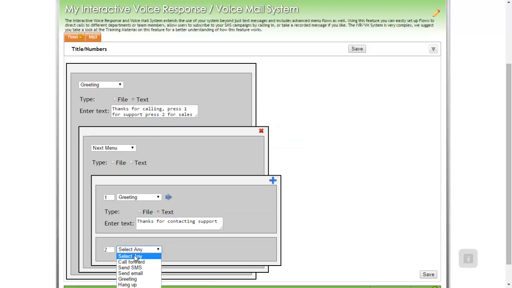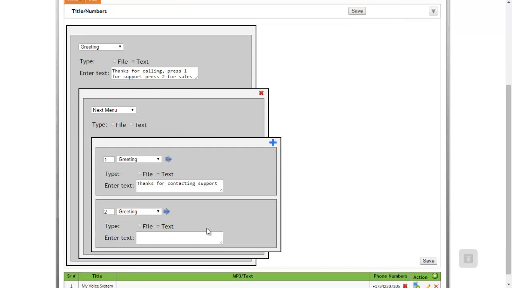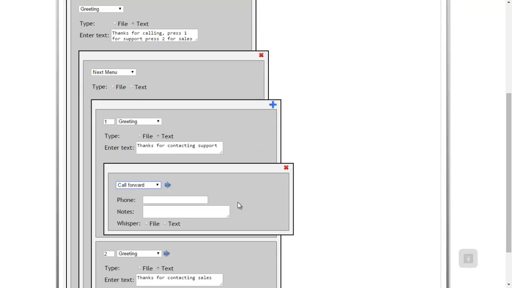And then we have for option 2, we have another greeting, and that's going to be text. Thanks for contacting sales. Now let's say somebody presses 1. This is going to go to the support center. So what we want to do, that might be a third-party system, so we're going to do a call forward,